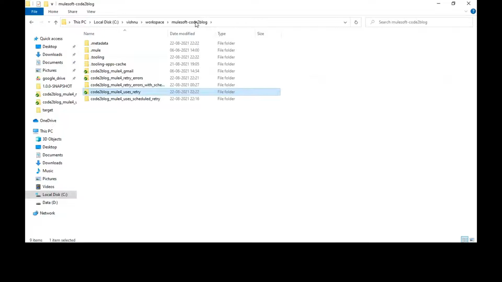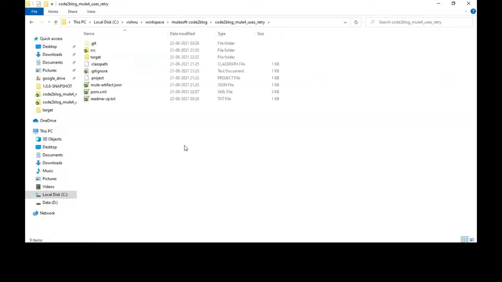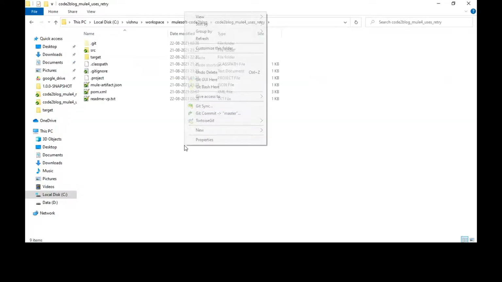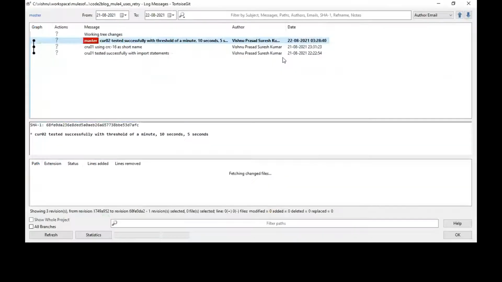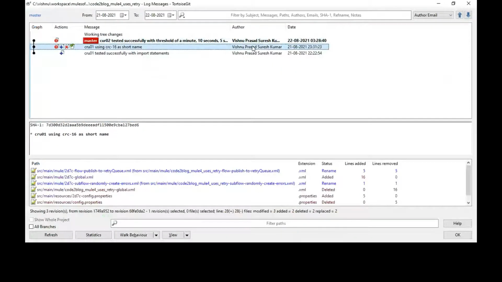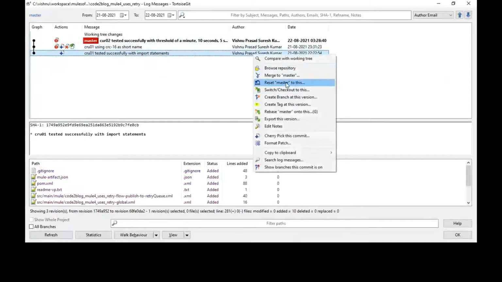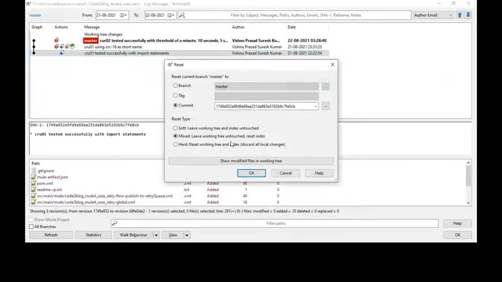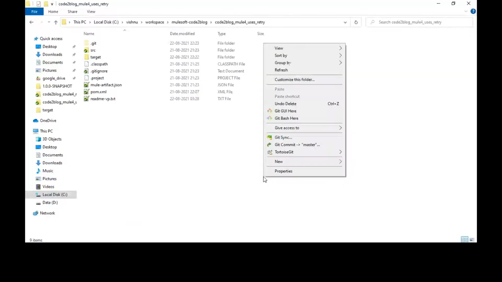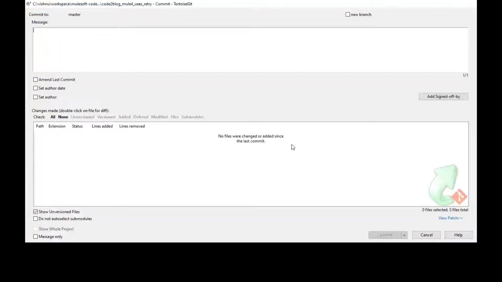Since the deployment failed through Maven, I have to now look at the git log and pull out code that applies to immediate retry. Reset master to this and make the changes to the working tree as well.